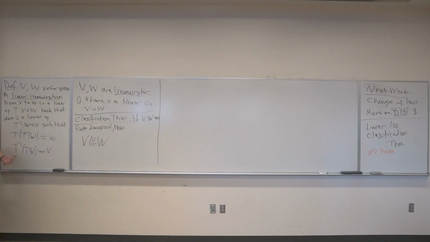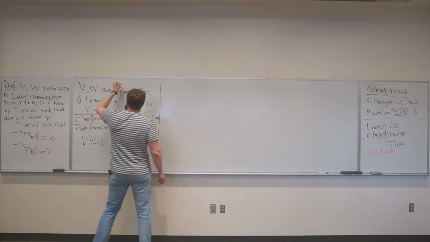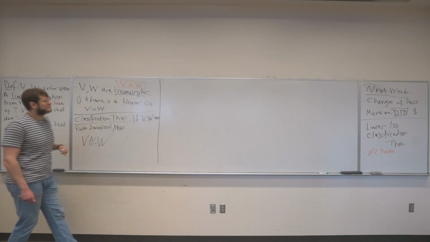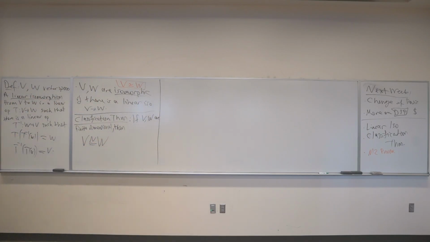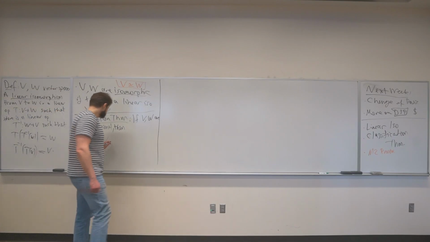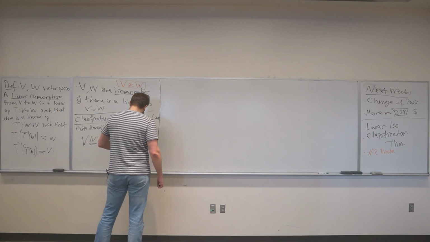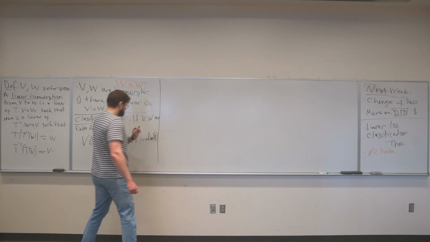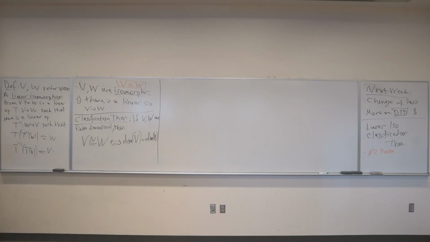So this is the symbol for isomorphism. You put an equality and then a tilde on top of it. And there's like common notation. They're not exactly the same, but they're pretty much the same, right? If and only if their dimensions are the same. And there are certain contexts where people would not put this tilde on top. They would just take two vector spaces to be the same if the dimensions are the same.